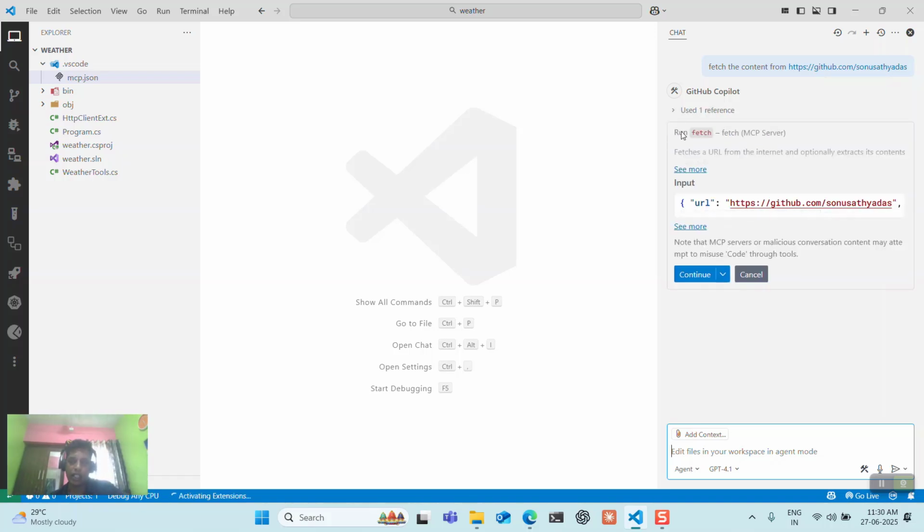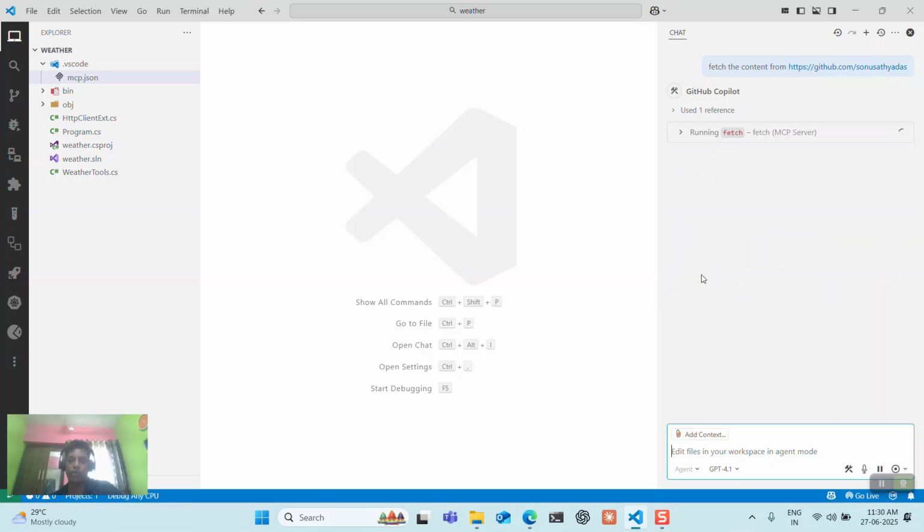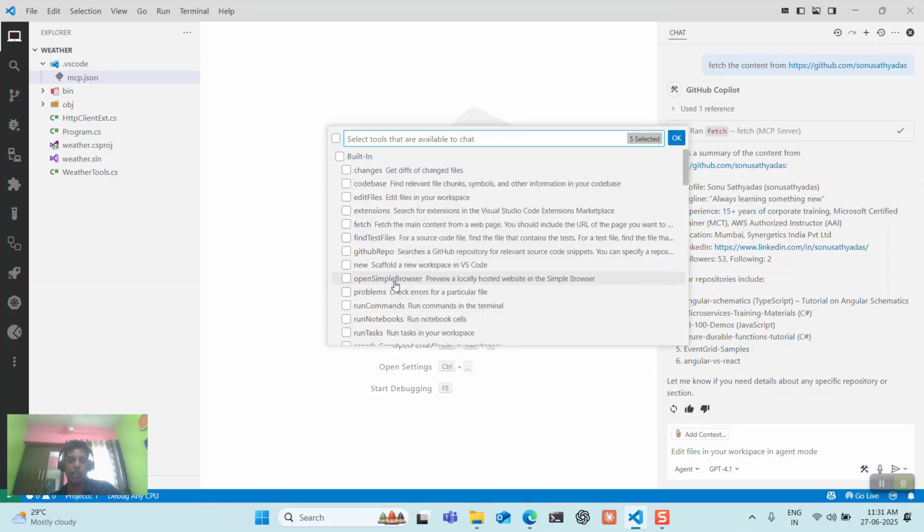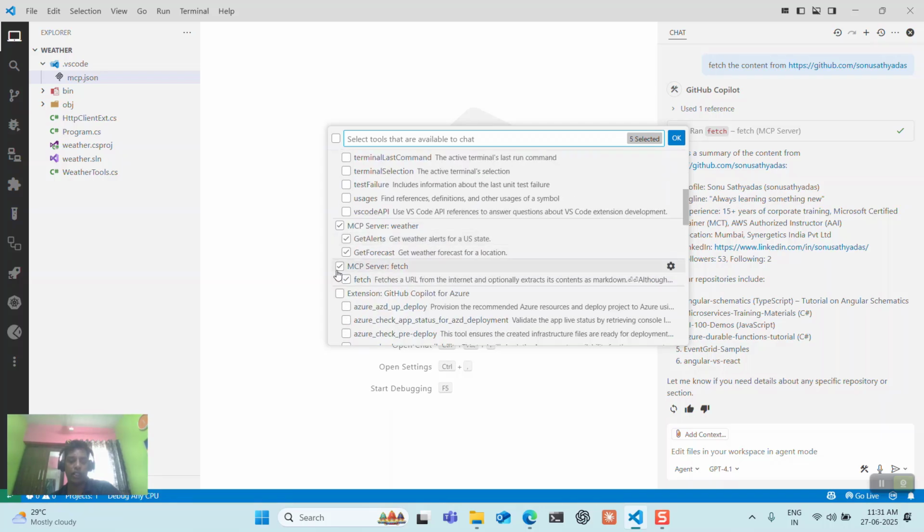You can see it's now using the tool or MCP server to execute this operation. So run the fetch from the fetch MCP server, and when I say continue, it's going to execute that action, and it is now extracting the information from that web page. So if I go and disable or unselect this,